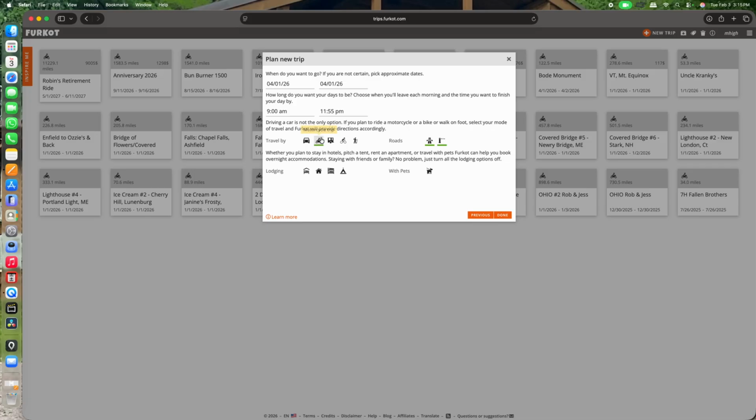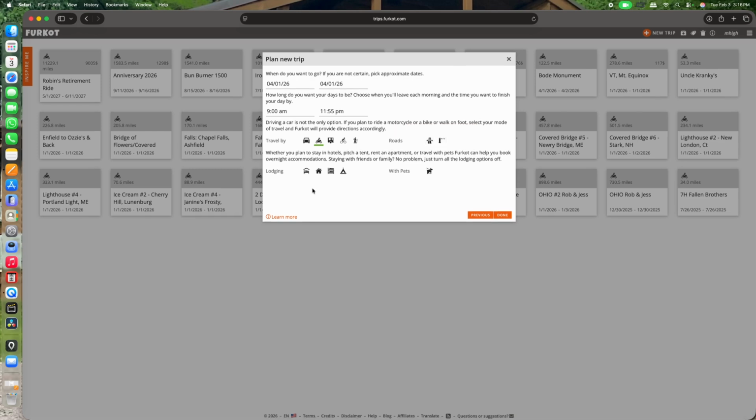I'm going to travel by motorcycle. It's got different icons. What kind of roads? Right now, when these are lit up green, you've got prefer highways where available and prefer toll roads. Unless I'm going point A to point B, like from here to see a relative in the Midwest or something, and we just need to get there, I usually turn these off. So if I click on those once, it'll change that to avoid highways where possible and avoid toll roads where possible.